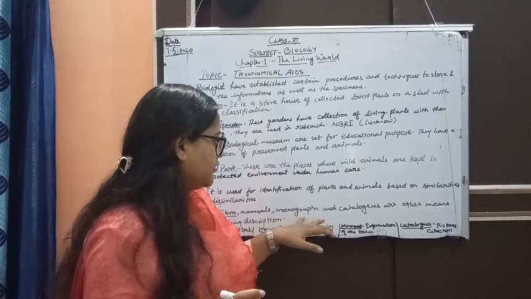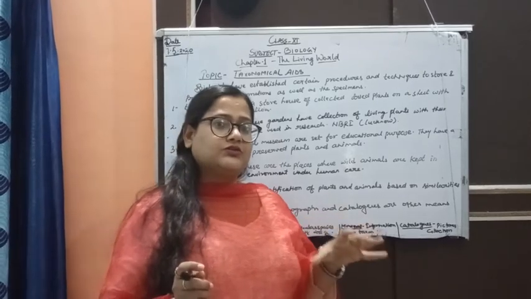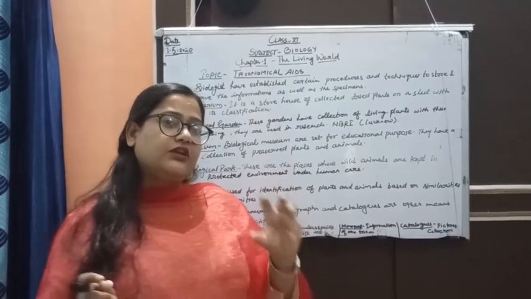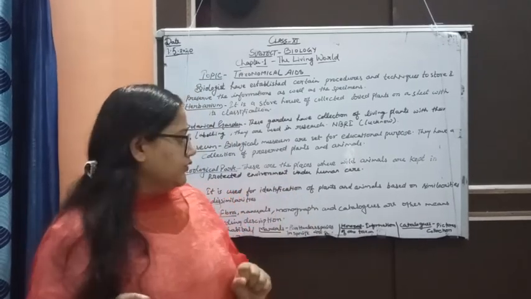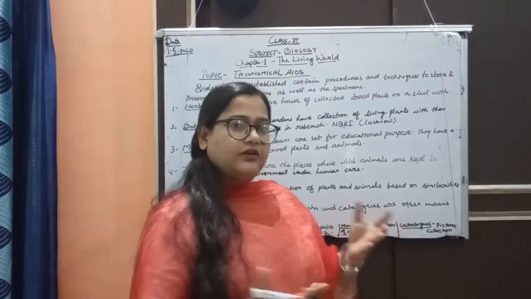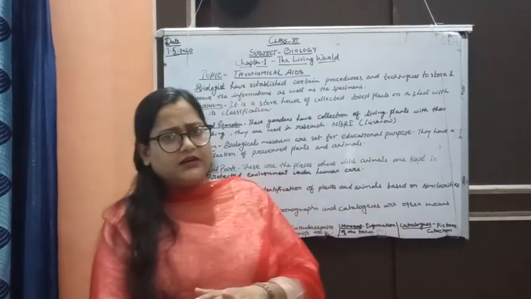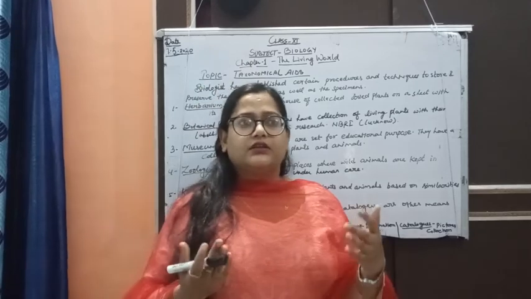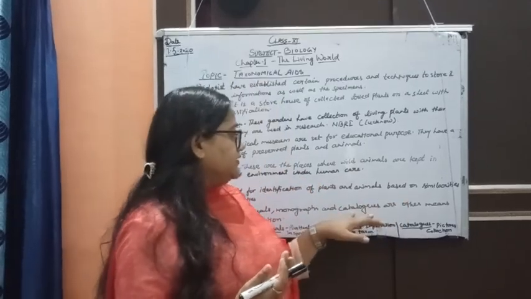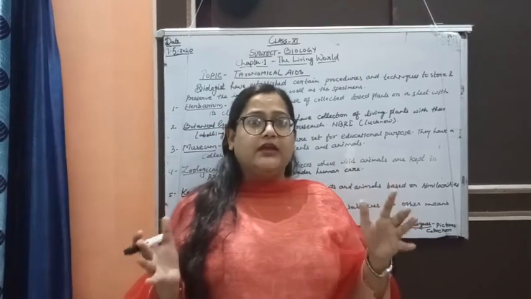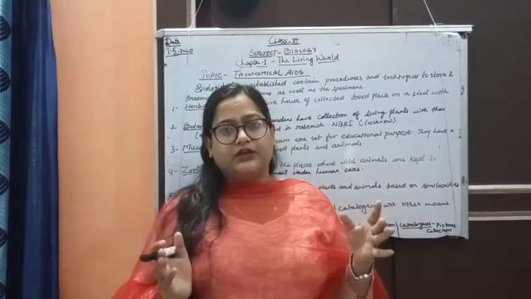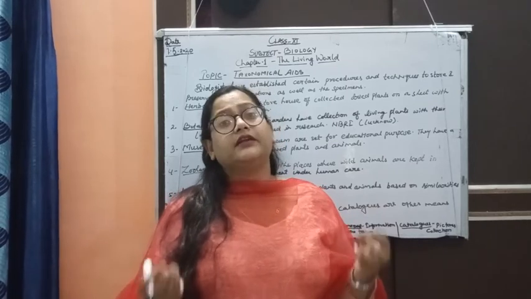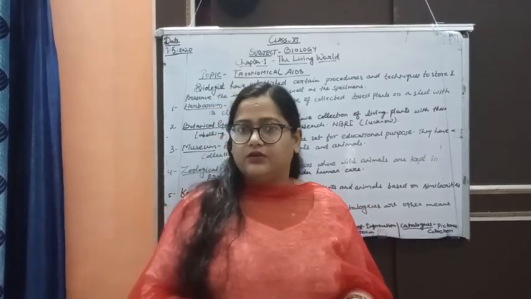Then comes monograph. The study of a particular taxon is known as a monograph, meaning information of only one species. Catalog is generally a collection of pictures in which we can see the organism, and this is helpful. A big organism like a whale can be seen in a catalog, and microbes which we can't see with our naked eyes can also be seen in a catalog.